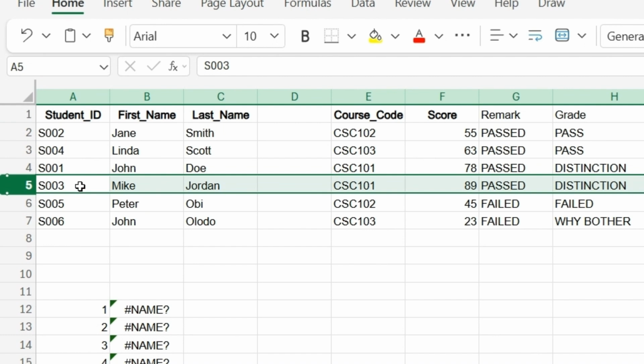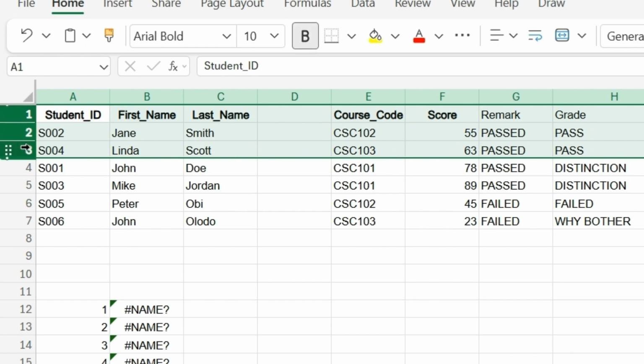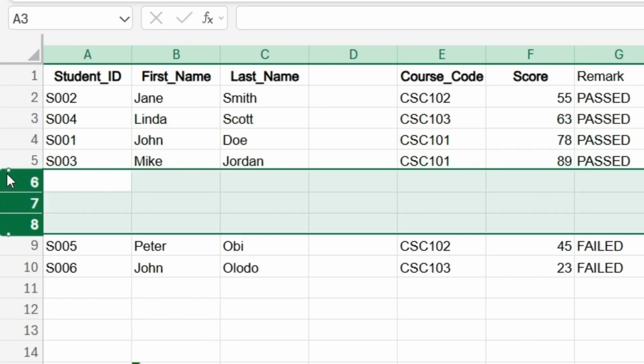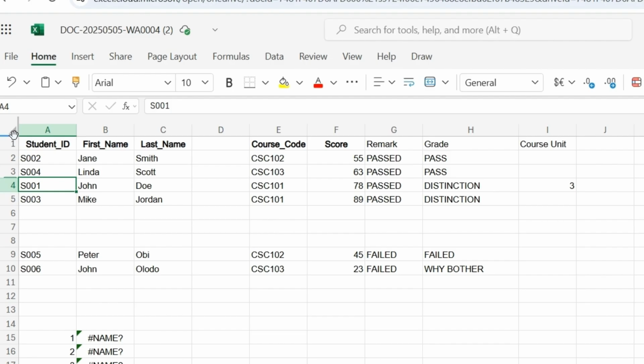Okay, so there's so many things you can do here. You can also select these 3 rows and then come here and click on this plus sign and it's going to add three extra empty rows. Okay, and then you can also do this where you put your mouse on this, right, and double click and drag, and like you